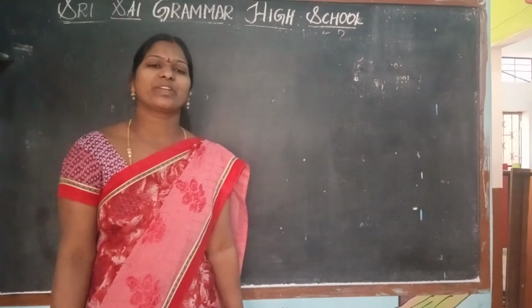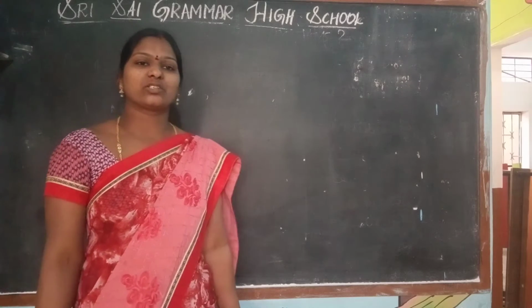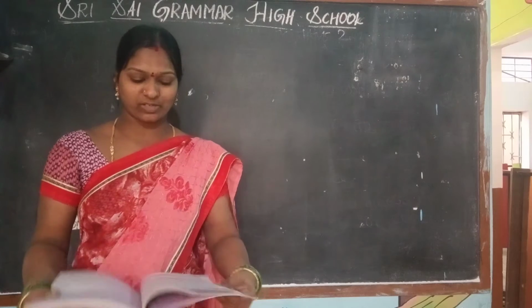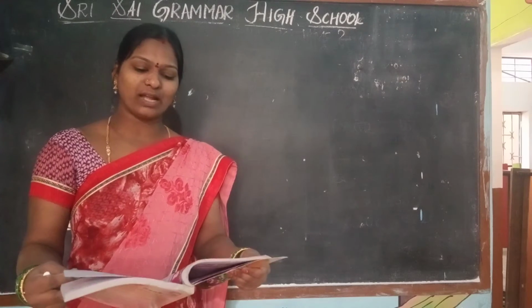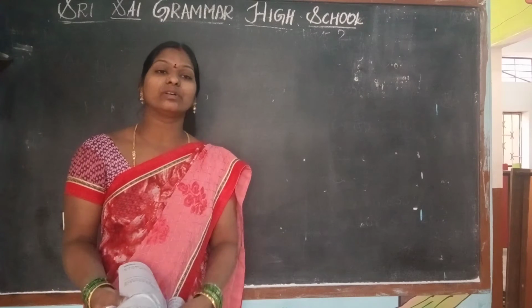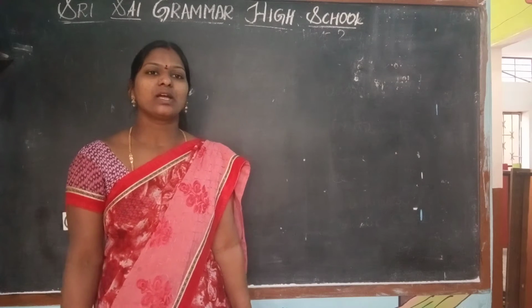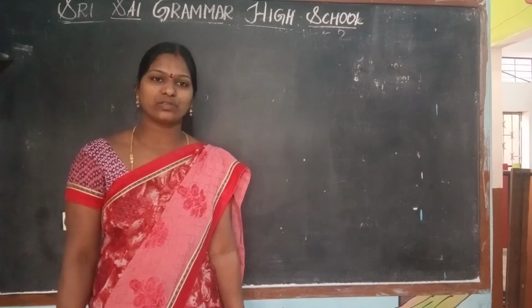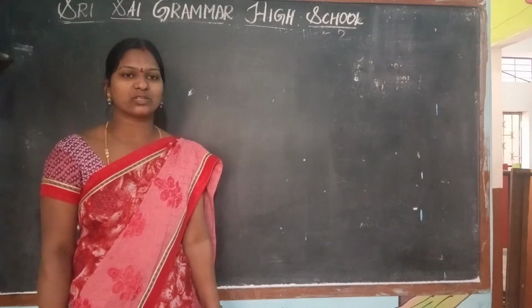Good morning, children. In previous classes, we have learned some of the basic geometrical concepts, key concepts and important points, and how the triangle is formed, how the quadrilateral is formed. A triangle is called a closed figure, and a quadrilateral is also a closed figure. Which figure is called an open curve, and which figure is called a closed figure, we have learned and done some problems based on that also.